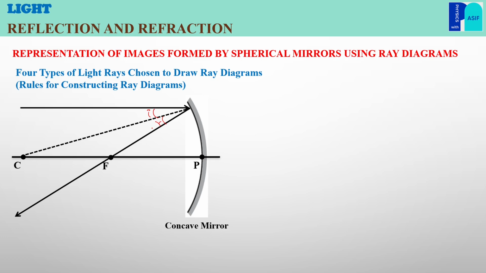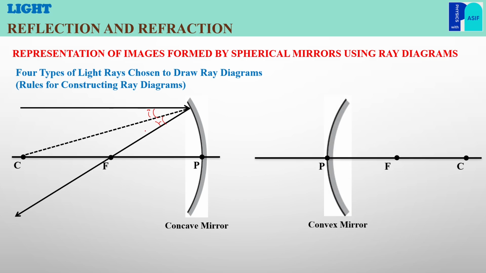If the same light ray that is parallel to the principal axis is incident on a convex mirror, then after reflection it appears to diverge from the principal focus of the convex mirror. If you extend the reflected ray in the backward direction, it meets the principal focus of the convex mirror. And here, if you draw the normal, that is the line passing through the center of curvature and the point